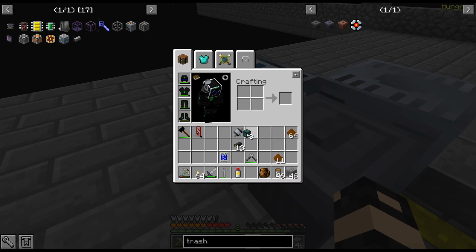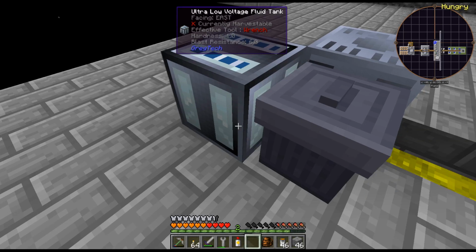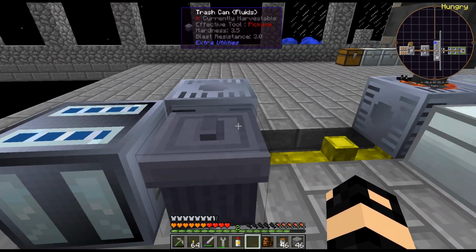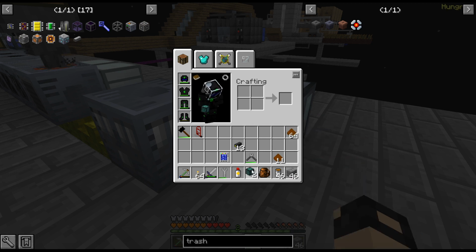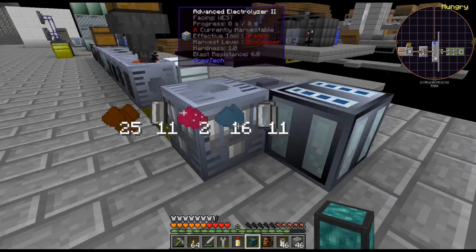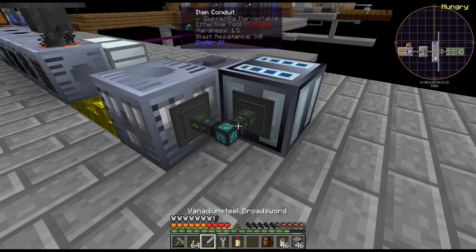And I'm going to throw a pump, just a super easy to make LV pump. We've made 100 of those. Export the oxygen into there, and then I'm just going to use the item conduits. We had 3 item conduits from when we crafted up the...